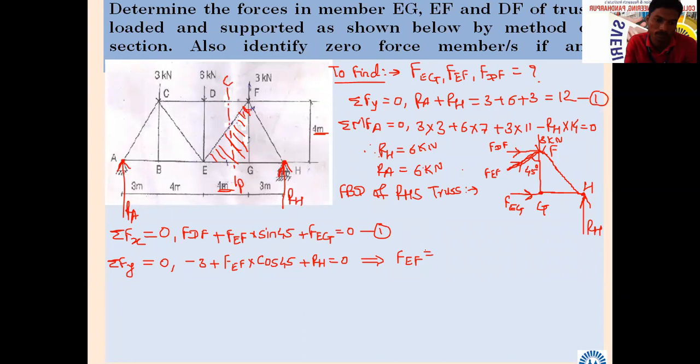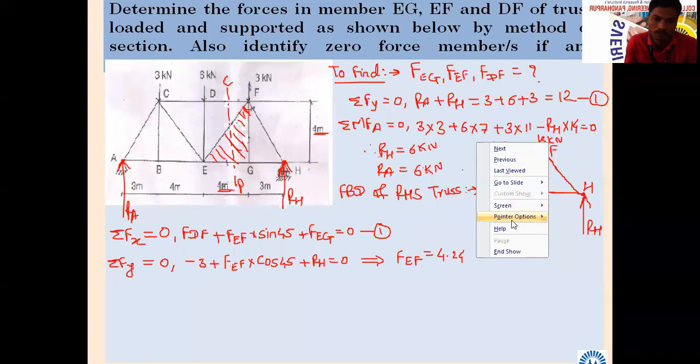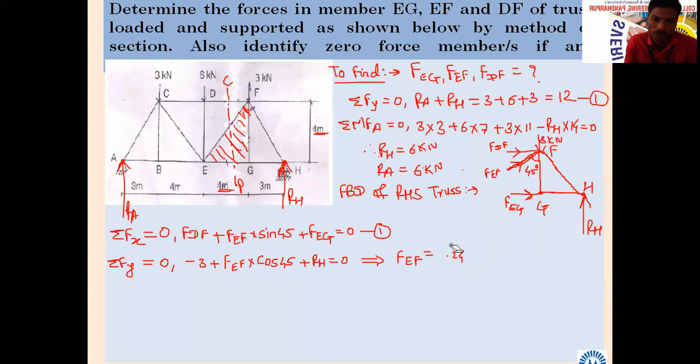Calculate that F. बघा बरं, calculate करून किती येतंय F? 4.24. Is it positive? Negative, sir. Okay, negative. You are telling negative. 4.24 kilonewton, negative. It means